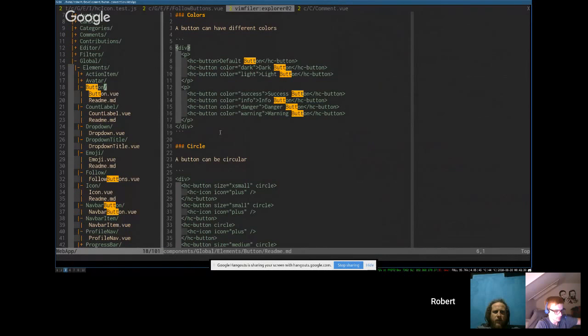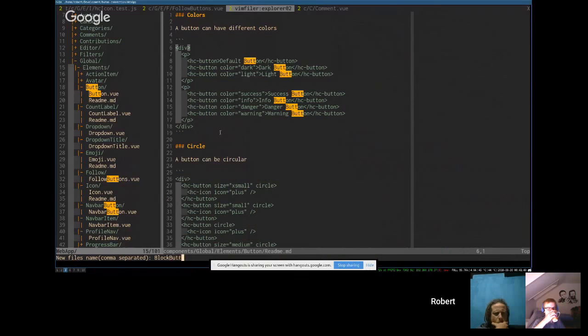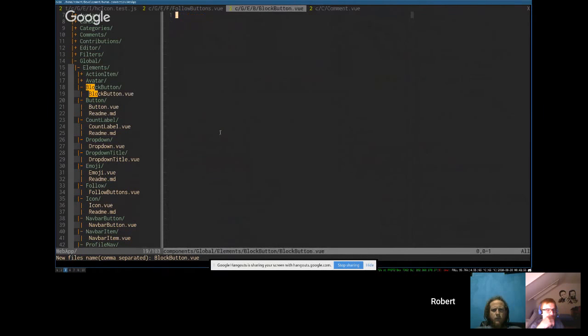Oh, that means I should put it in a folder. I shouldn't put my component into button. Yeah, into a folder for every component. Block button, right? Yeah. And then block button. There you go. What happens if I just say